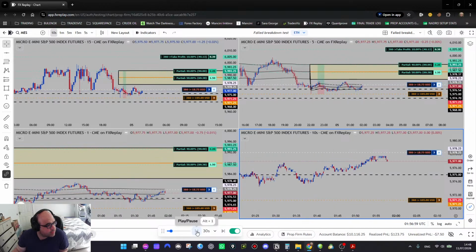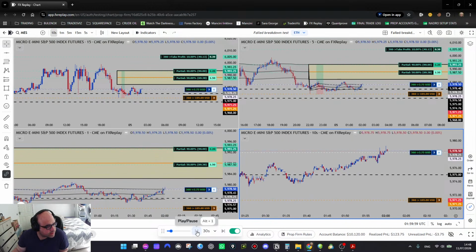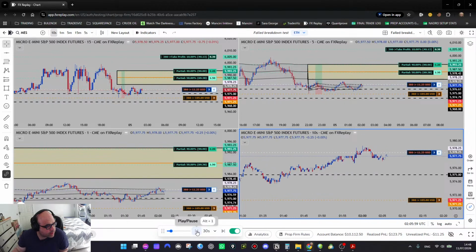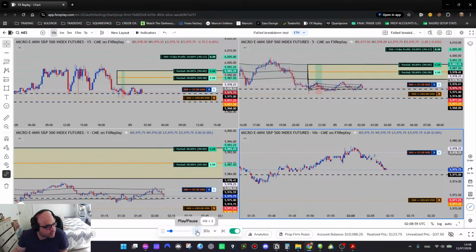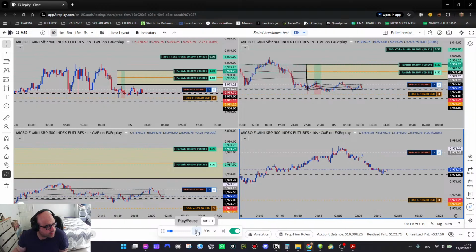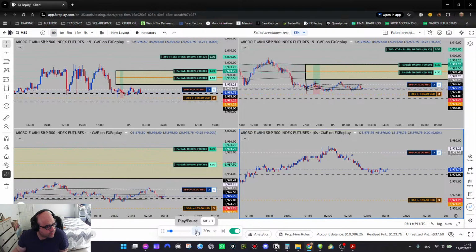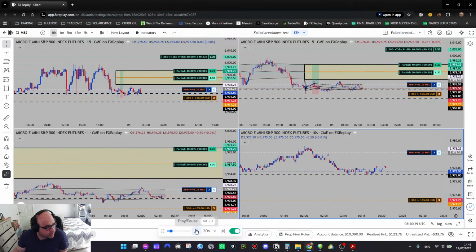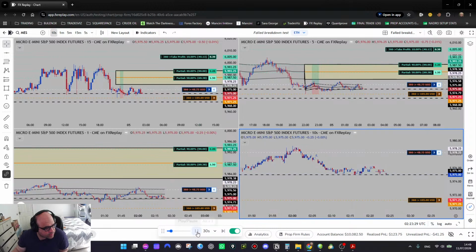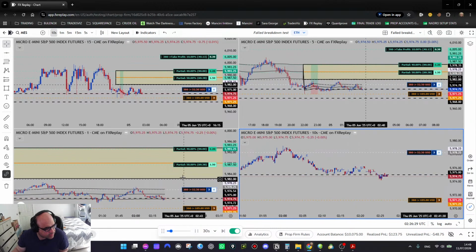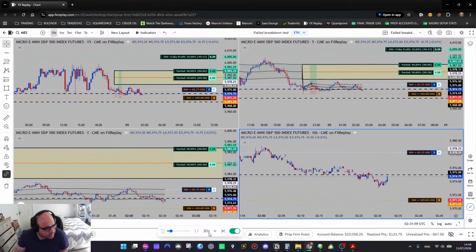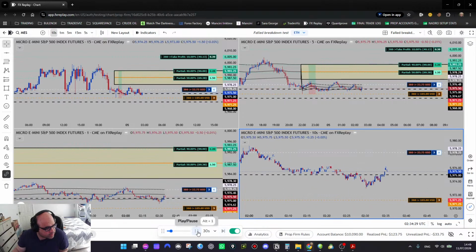Yo, backtesting is gonna be my favorite tool for the weekends. Honestly, it's the first time I'm properly doing it, and it's amazing. You can get really very good growth by reviewing and replaying the same trades and trying different tactics with different risk, different take profit targets. You can do a lot of stuff.